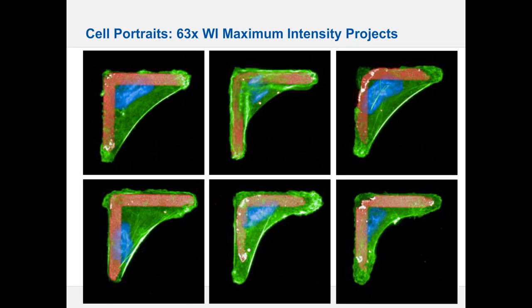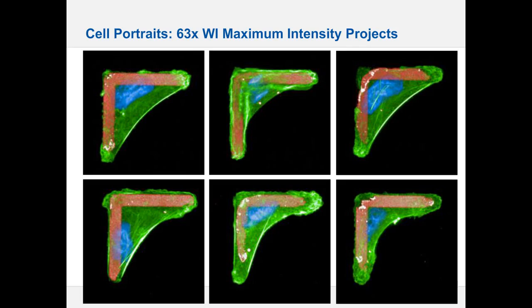So as a result of the PreciScan routine, what you get in this case are 6 image stacks, and here you see a maximum intensity projection of 6 patterns, each pattern occupied by a single cell. And what you will also see is that the positioning is extremely precise. So this is a really useful tool which opens up a whole range of new applications to high content screening on Operetta CLS.